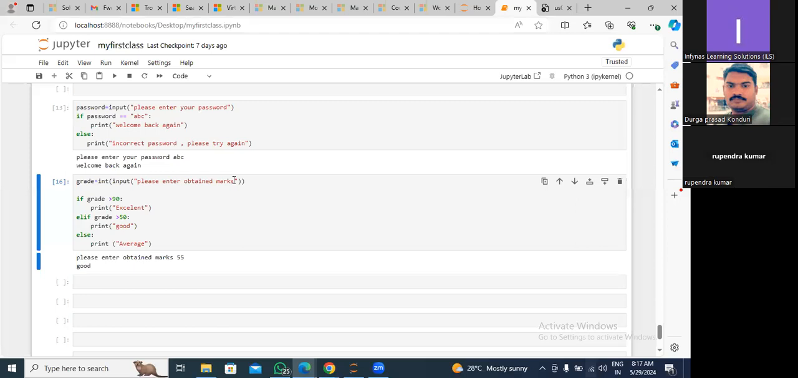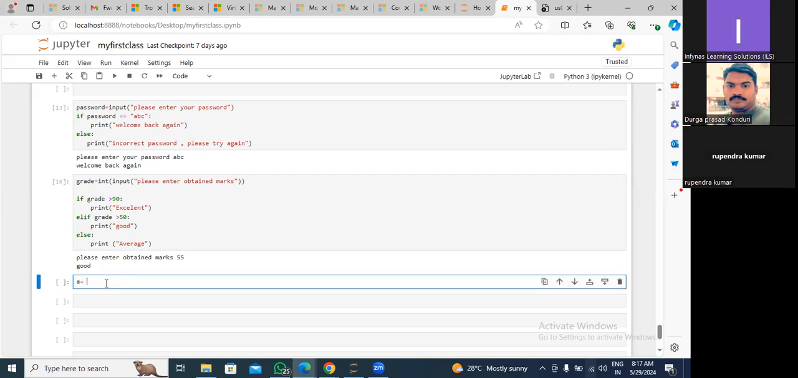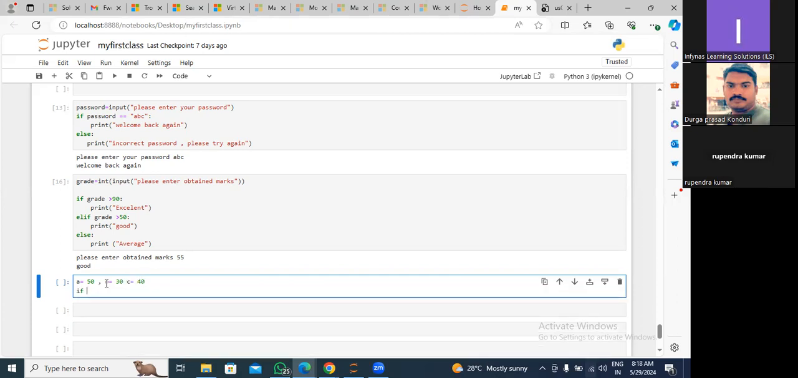Are we clear on this? Any doubts? Again, this elif. When do we use elif? Let's say we have a bunch of values. I'll give one statement: A is equal to 50, B is equal to 30, C is equal to 40. Okay, if A